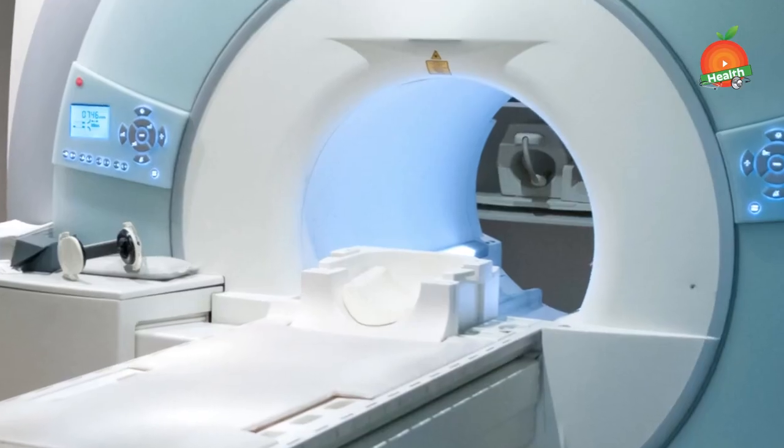prolapse. So once the symptoms are there and the pain is very severe, when the patient approaches us, a doctor, we analyze his problem, and then we come to a conclusion that it is a lumbar disc problem. So an MRI scan is done, and we find that there is a lumbar disc prolapse or an extrusion, which is compressing on the nerve roots or the nerves, which are getting inflamed and causing severe pain, numbness, and sometimes even motor symptoms like foot drop and weakness of the foot. So these kinds of problems can be treated with